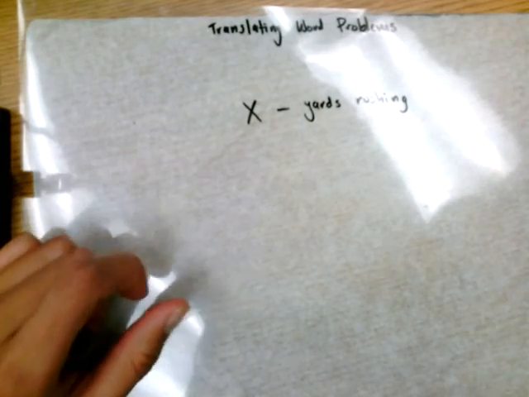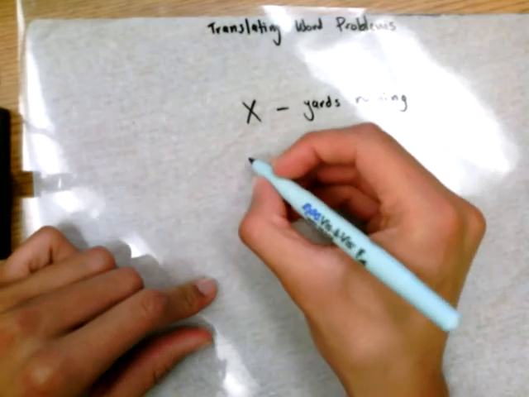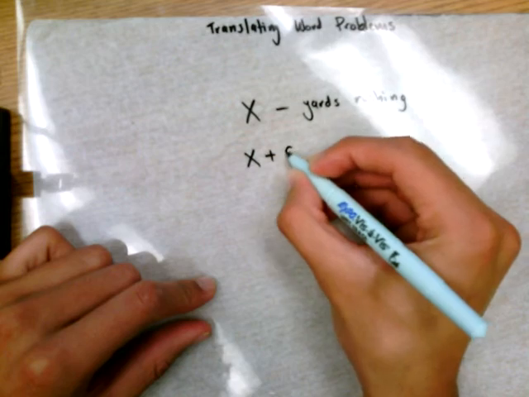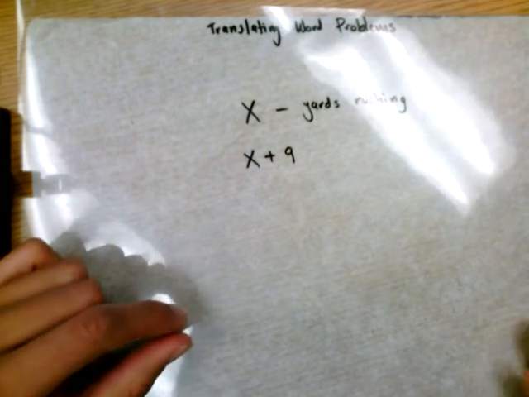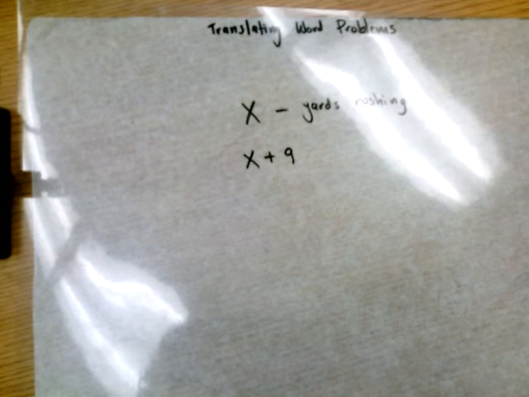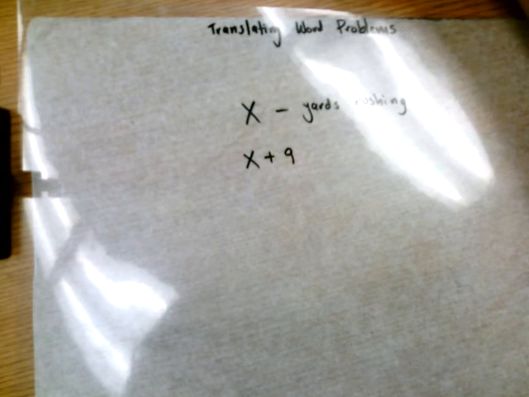Then on the next play, he gains 9 more yards. So in addition to this X amount of yards, he gains 9 more. And we were just asked to represent this using an expression. And then from there we'll move on to the next